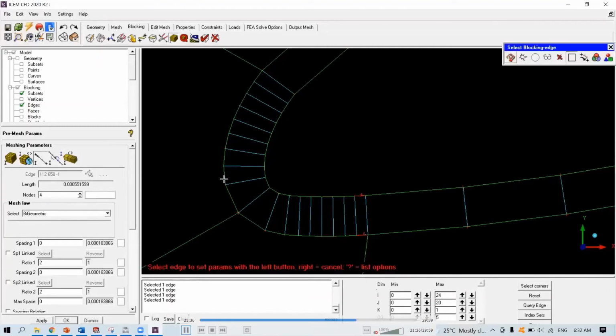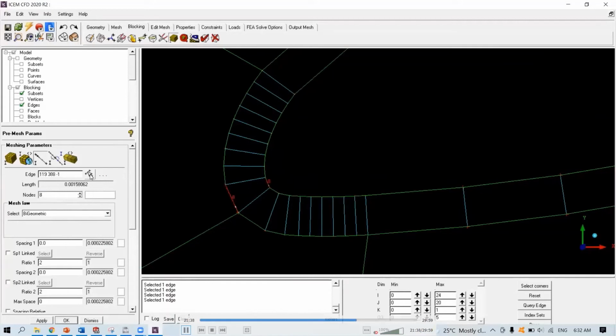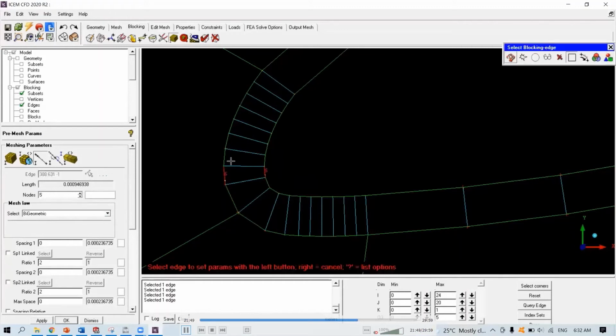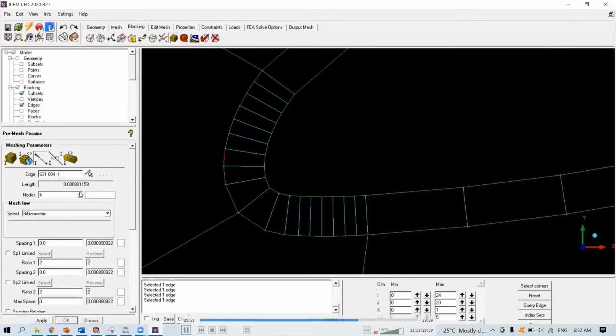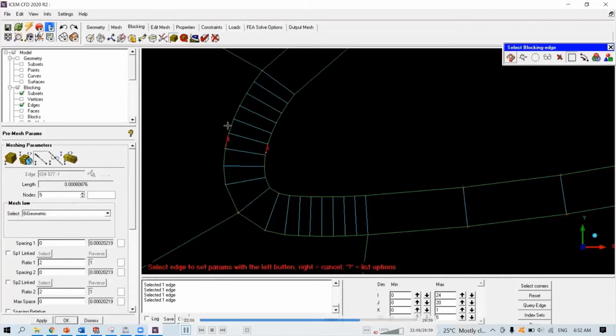Triple 018, just triple 022, triple 023, triple 020.